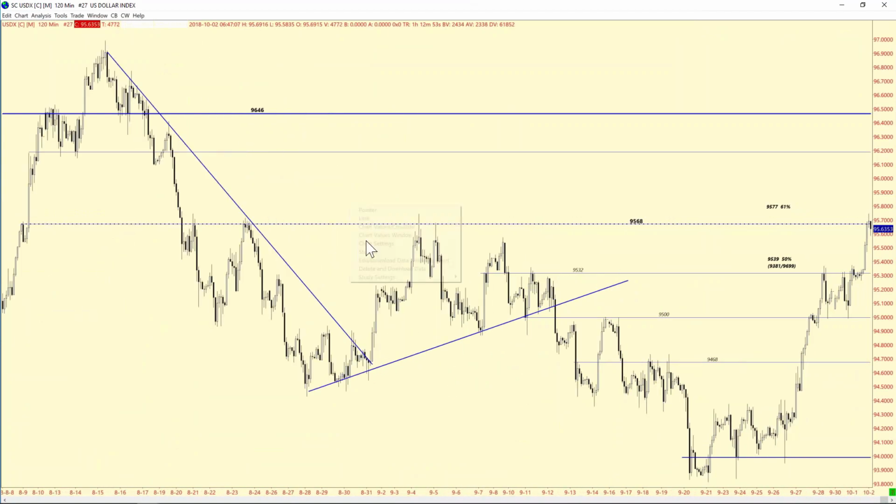So at this point, let's take a look. We'll put our resistance today at 95.77, the 61%. But this market is open to move higher. We've already come up here. We'll have to see how the market closes, but we have non-farm payroll, and there's not really any reason to not expect a good non-farm payroll report.